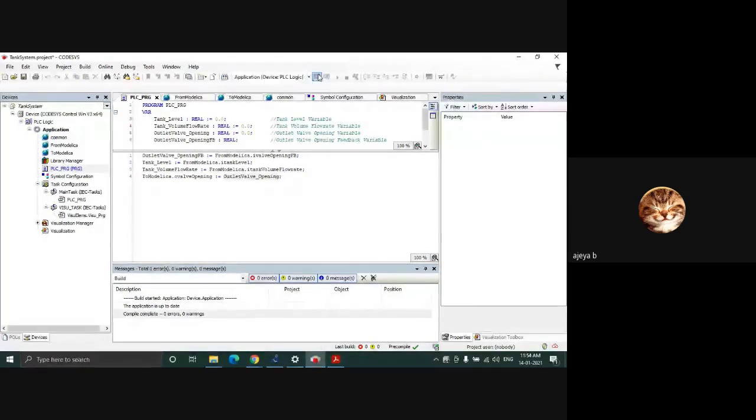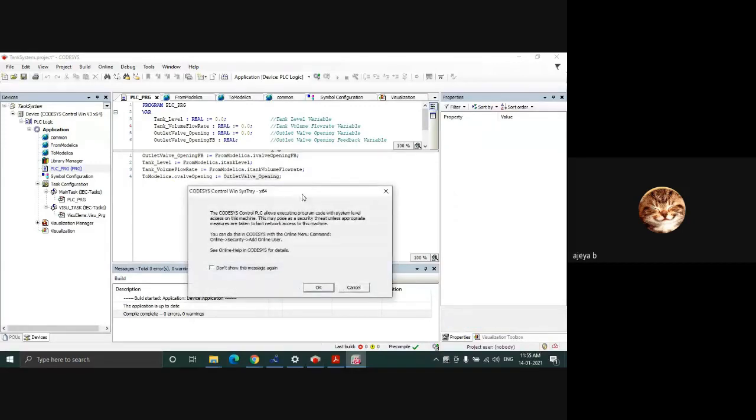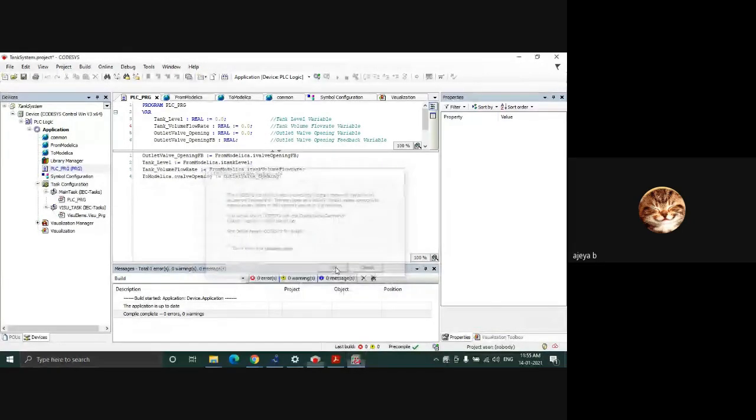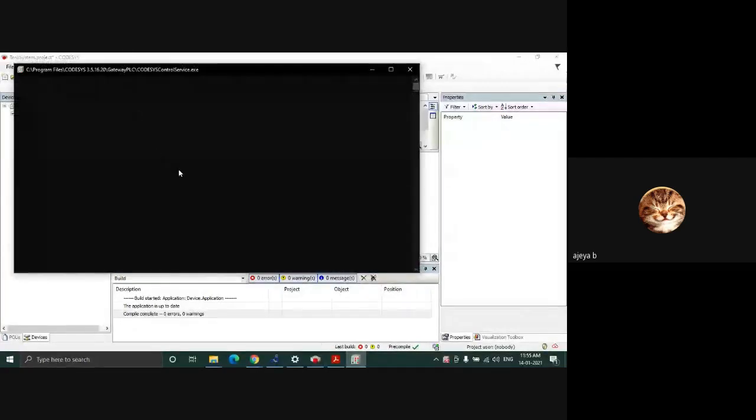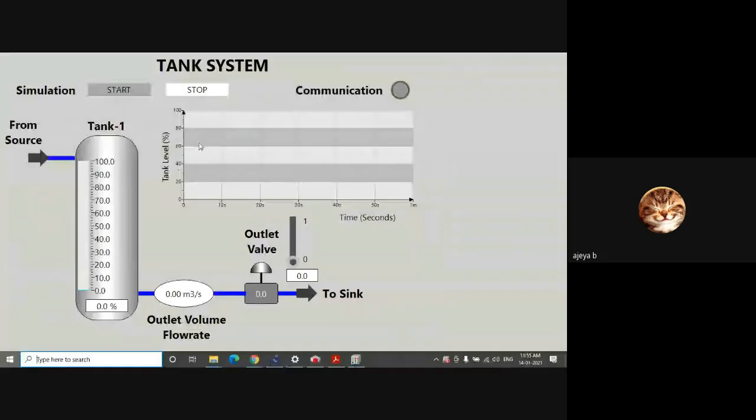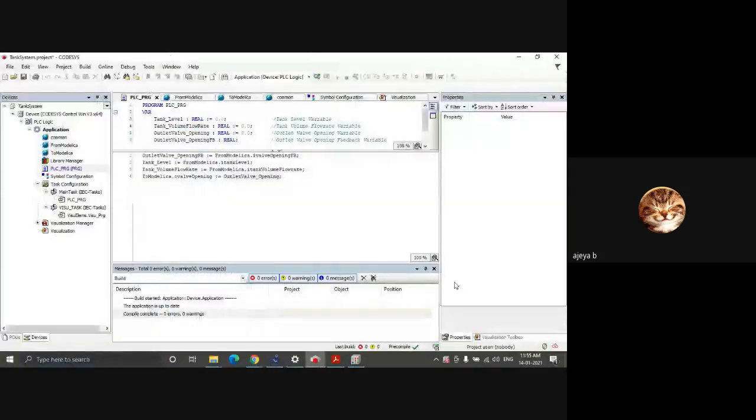At the bottom of the screen you can see the small CodeSys icon; it is not started. So I'll start the PLC. I have already dumped the code, so when I start the PLC it might show the visualization directly, but I'll repeat the process anyhow. In the bottom corner the text is in red, and if you click that, it shows that the PLC is in running condition.